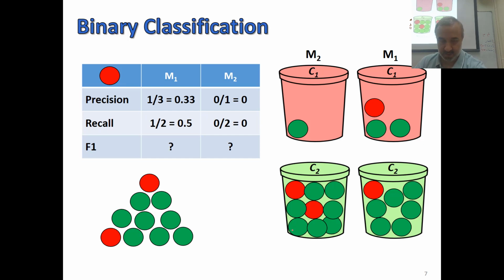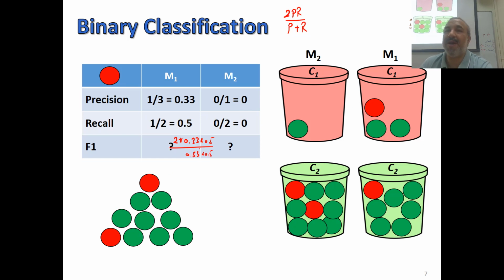Right. Let's see an example quickly. This is the same example that I think we had in the previous lecture. Precision and recall are already computed. How about F1 for M1? How do we compute it? Do you remember the formula? 2PR over P plus R. That's F1. So 2 times 0.33 times 0.5 over